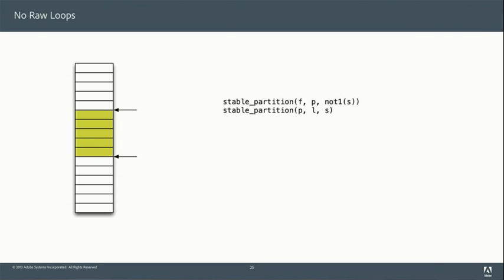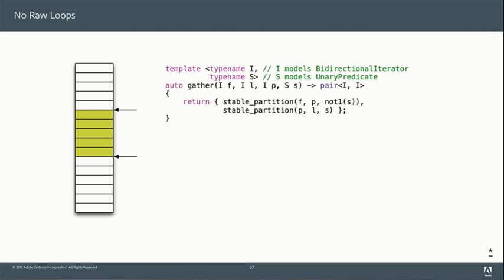Okay, so we've got our two stable partitions returning two locations, so we just make that into a pair and return the pair. Okay, and we can call this function gather. The name was actually suggested to me by Marshall Clough, who stumbled across this working on Eudora, which was an email reader.